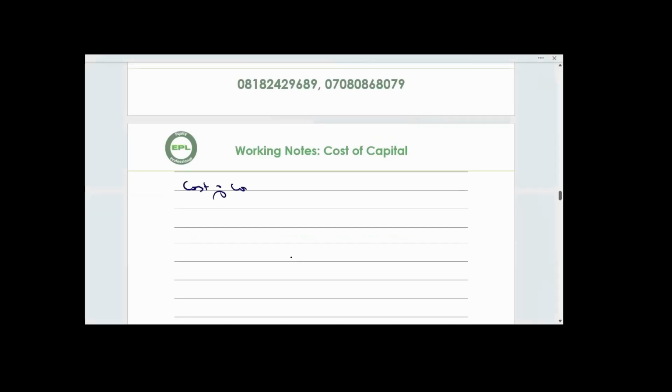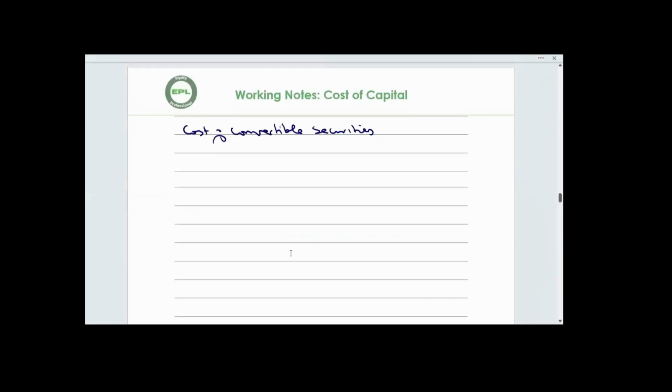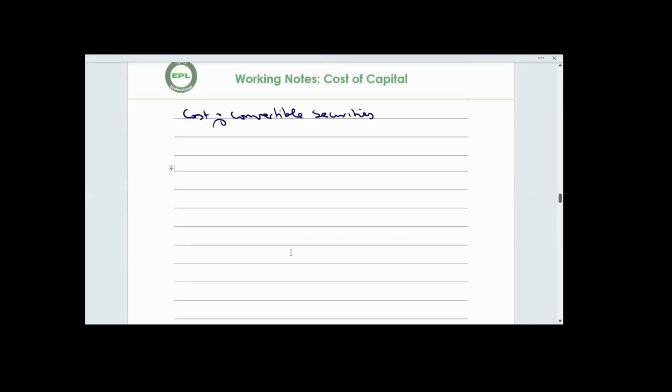Cost of convertible securities. What do you mean by convertible securities? Let me put it down for you. Convertible securities are fixed income securities. Okay? Convertible securities are fixed income instruments,